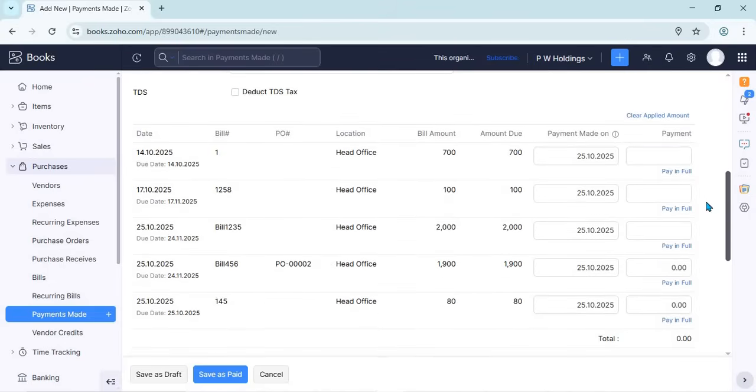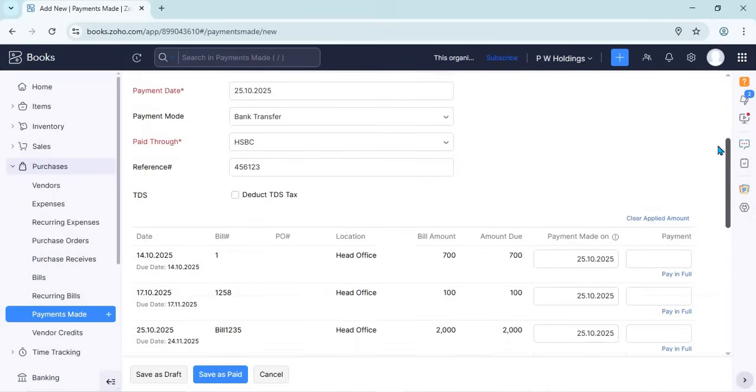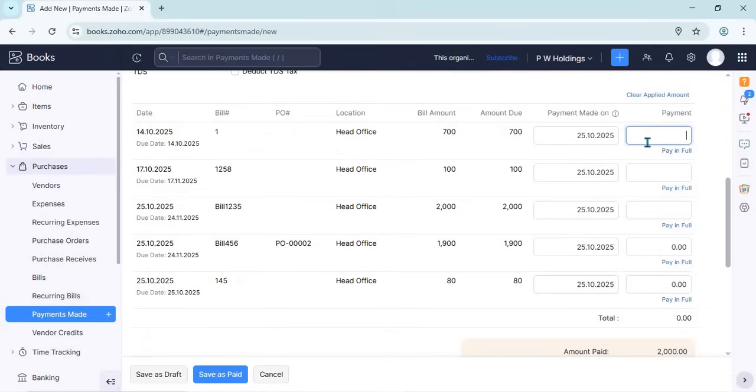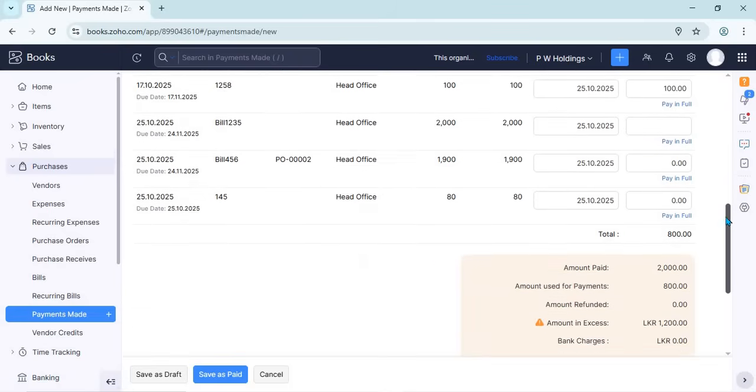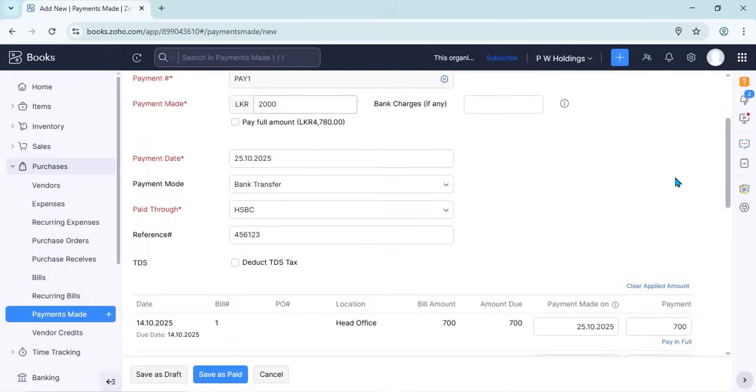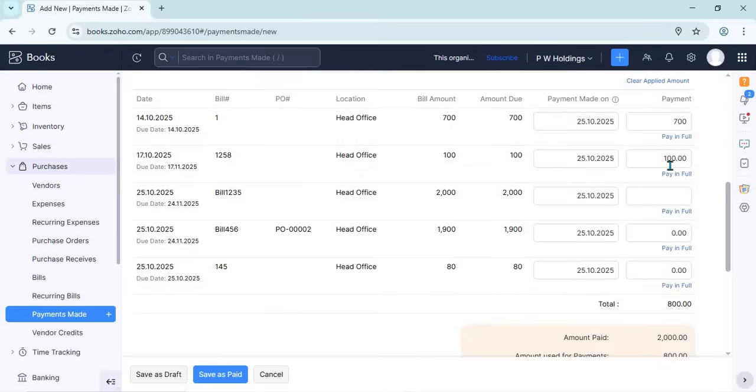After that, you can select to which bill you are paying. Now here we are paying 2000, so you can enter the payment amount for paying bills. You can type like this, or by clicking this pay in full, it will fill. Right. Now like that you can enter the payment, and now we have paid 2000, and we have settled